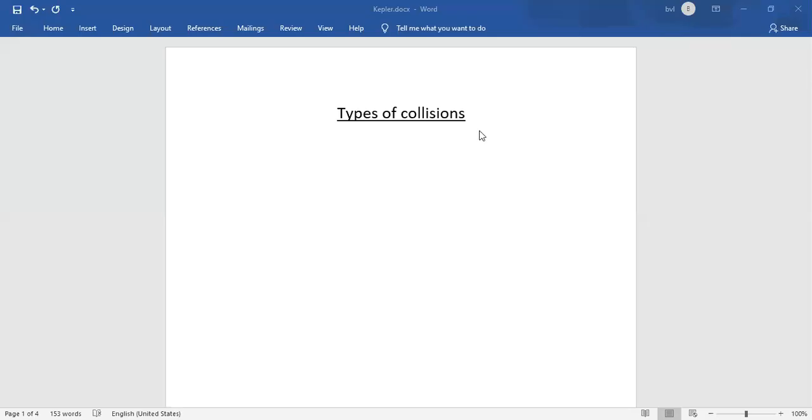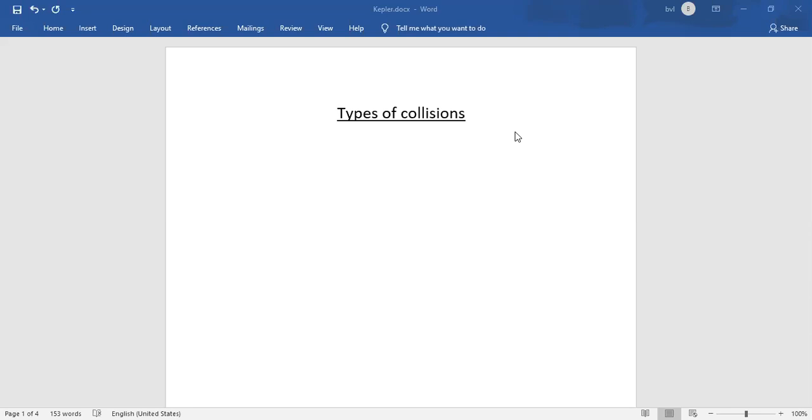So girls, today's topic is types of collisions. In yesterday's class, we discussed what a collision is. It is the phenomenon of two bodies interacting, exchanging their momentum. When two bodies strike each other, they share their momentum. We also discussed the condition followed in a collision: linear momentum is conserved. Total momentum before and after collision is equal.